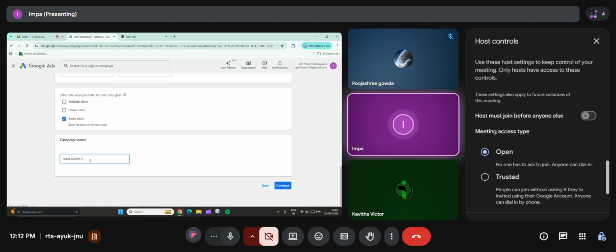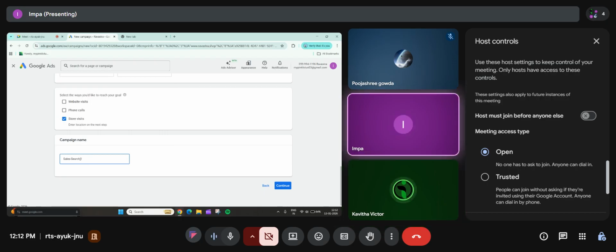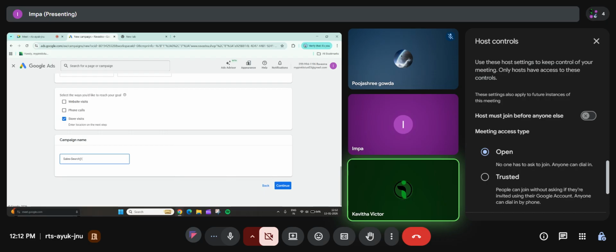Ma'am, we can give anything. You should understand what this campaign is, because in future we will be creating a lot of campaigns. Okay, ma'am. So sales search, sales search campaign, February 2026.